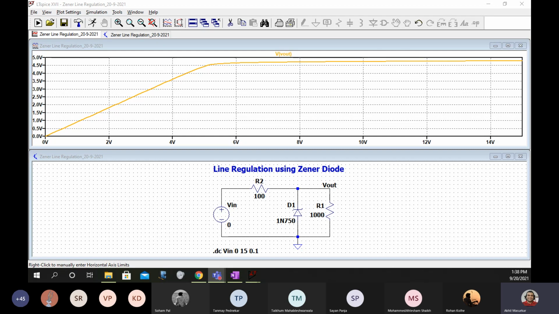Okay, Jose, just change the background to white, please. I am able to see, but it's okay. It's correct, but just change the background to white. Yes, sir.